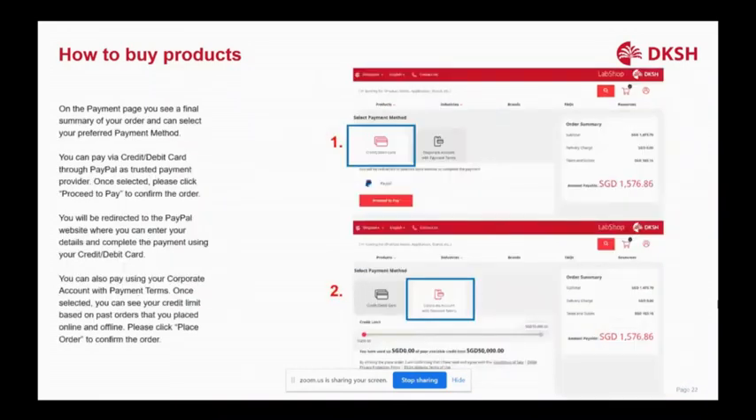Once it's done with order placing, you will be directed to our payment page. On the payment page, you will see number 1, to pay with credit or debit card, and we use PayPal as our trusted payment service provider. Number 2, you can choose to pay with our corporate account. When you tick the corporate account, you will see the credit limit that you have with us. From there, then you can